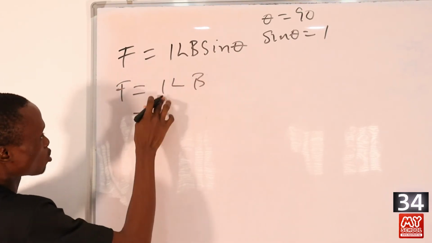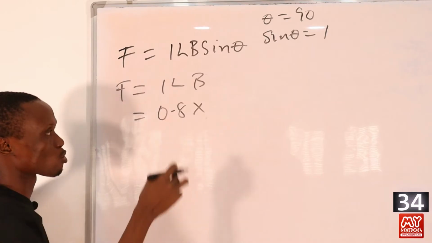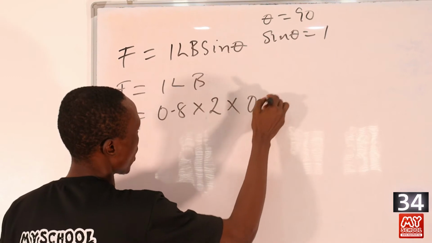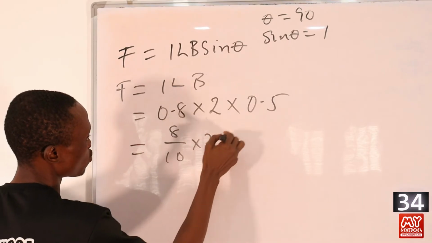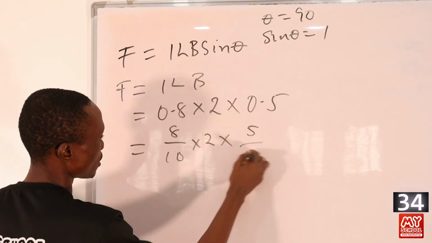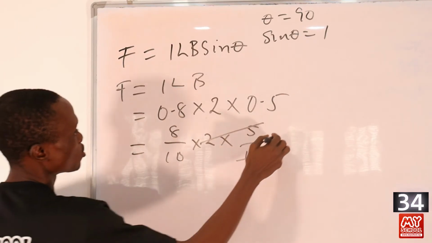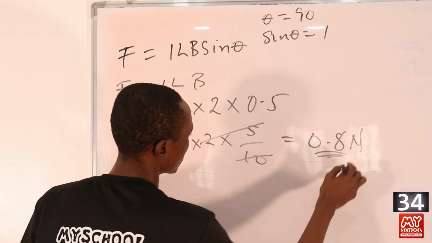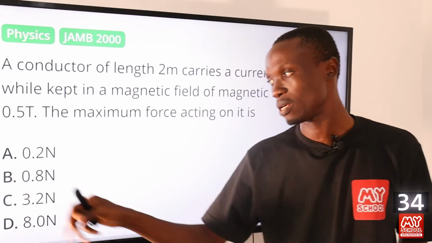So in this question we are told that I, which is current, is equal to 0.8, and the length of the conductor is 2, then times the magnetic flux density, which is 0.5. So if we multiply, we'll be having 8 over 10 times 2 times 5 over 10. So if we multiply through, this 10 is going to take out this 2, so that at the end of the day, we'll be having 0.8 Newton as the maximum force acting on the conductor. So let's return back to the screen to pick the correct answer to that question, which is option B,